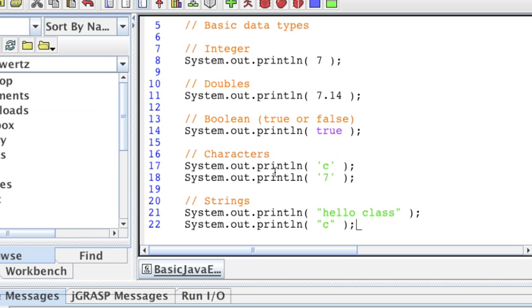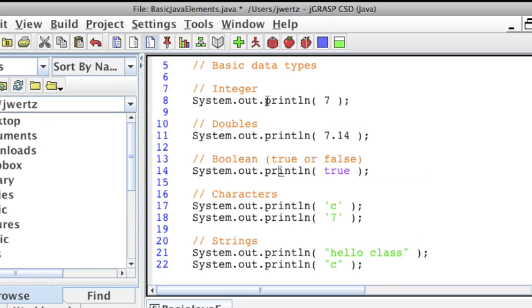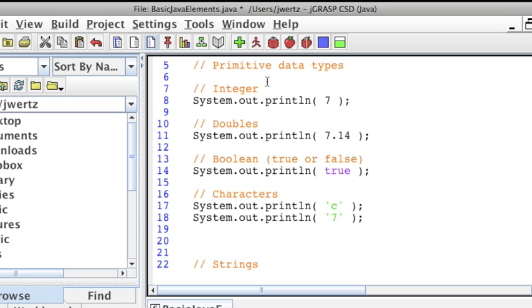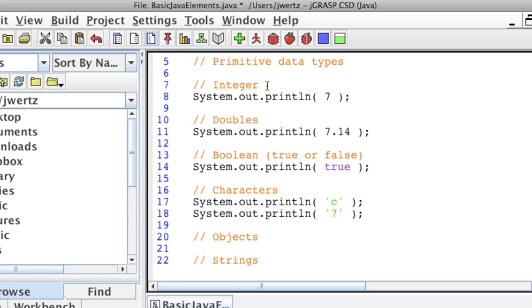And actually, that's really a good point to take a look at. Let's change the title up here. So instead of basic data types, let's talk about these items as primitive data types. And then down here, we'll start to get into objects. What makes something a primitive data type? A really good example of thinking about primitive data types would be to think about the